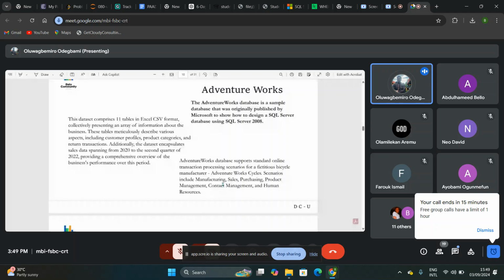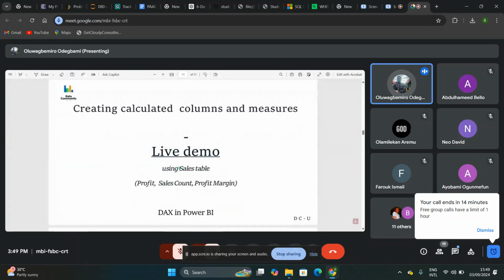Let me explain this. AdventureWorks is a database, and a database will have different things, like different tables. Something will link the tables together eventually. I'm sure you have been taught data modeling, or will still be taught a bit. For today, we're only using this sales data from there. We're not touching purchasing or contact management or human resources. So now let's go to our